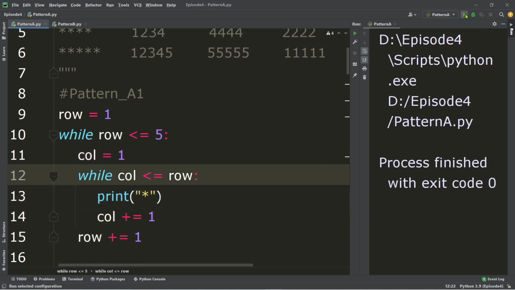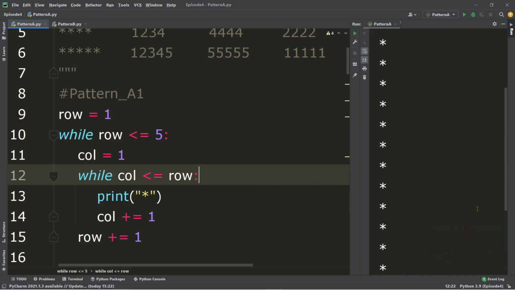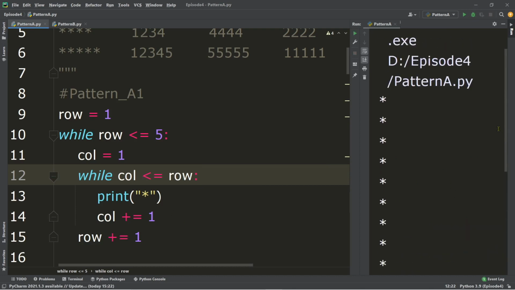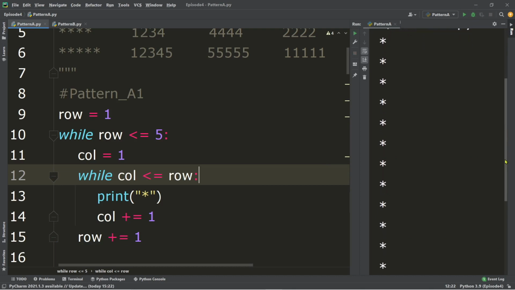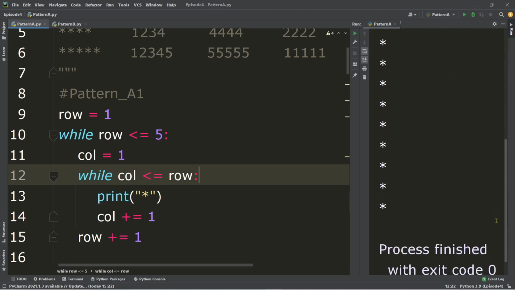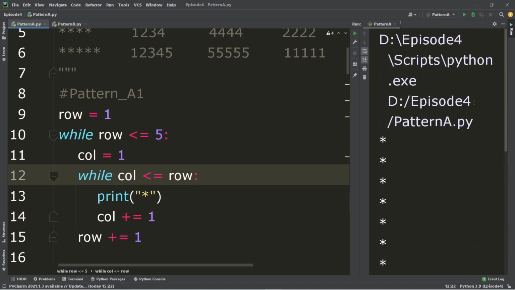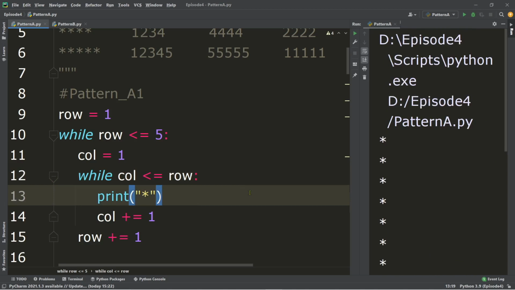So let's try to run. What have you noticed? Having this code, we display one asterisk per line, as you can see. Why? What happened? It's because, unlike in other programming languages, like for example Java, where we have a method there, the print, after printing an asterisk,